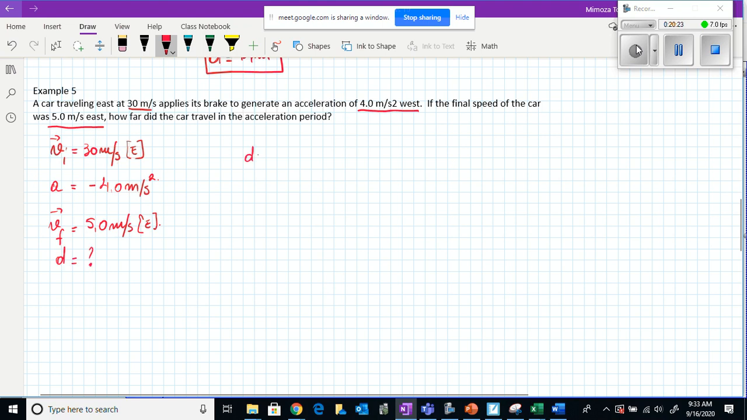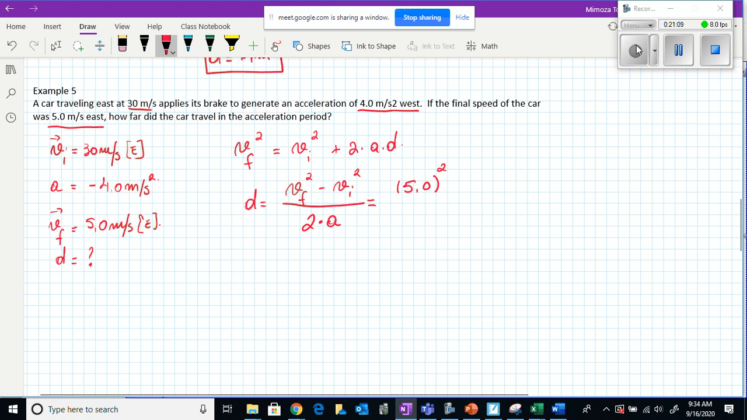So now the formula that we will use, or I hope that you have used, is V final squared is equal to V initial squared plus 2 times A times D. Now we are looking for D, so D will be V final squared minus V initial squared over 2 times A. Or if we substitute whatever we have, 5.0,